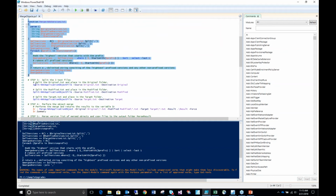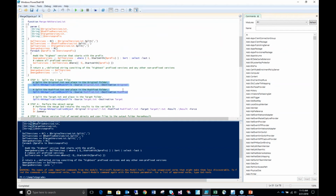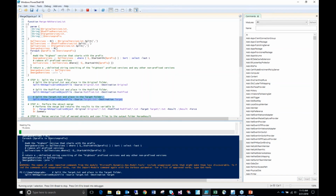So there's 5,000 objects, so the sales header table, the sales line table, the sales posting codeunit, all 5,192, it's going to write them out as separate files. And so once that is done, then we're going to run lines 58 and 59 that will compare each of those objects, the modified with the original, and apply that to the target. So let me run that step, and that will also take a couple minutes to run here. So what it's doing now, it's reading probably the original file. After doing that, it will read in the modified file,